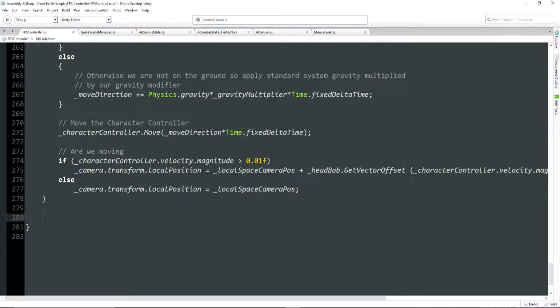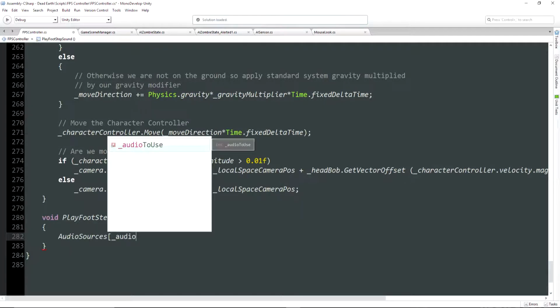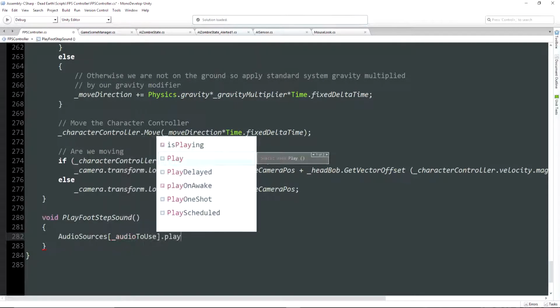So now let's go down to the bottom of the class and create a function that we can register as a callback with our curve controlled bob class. The callback function obviously has to have a void return type, and I'm going to call this PlayFootstepSound. And of course, we know that the callback function must also take no parameters, and what we'll do in here is simply fetch the audio source from the list. So we will say audioSources, then we'll use our audioToUse integer,